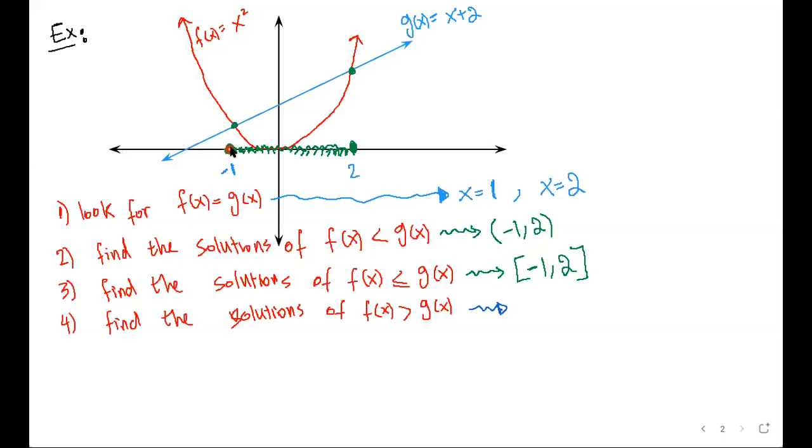And after this point, starting from this point, I see the blue curve is higher than the red curve, and this is not my solution. And I keep moving until the point 2. After the point 2, I see the red curve is higher than the blue curve. So my solution is from negative infinity, from this point,